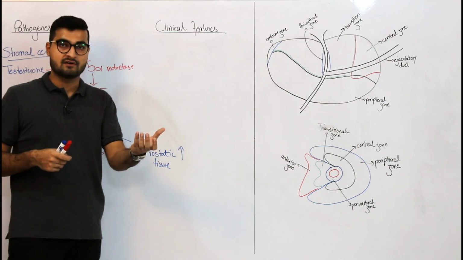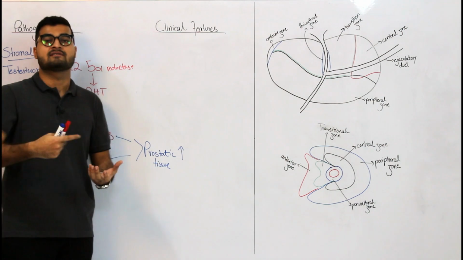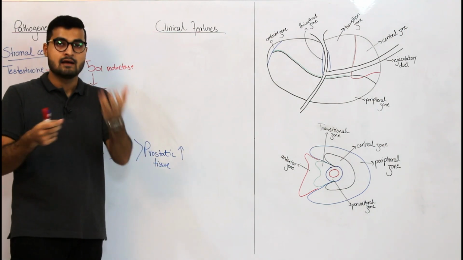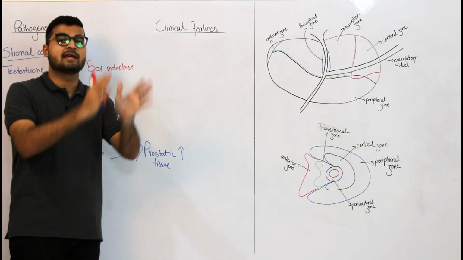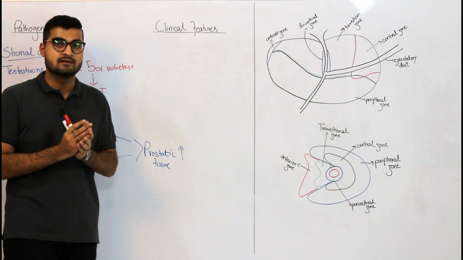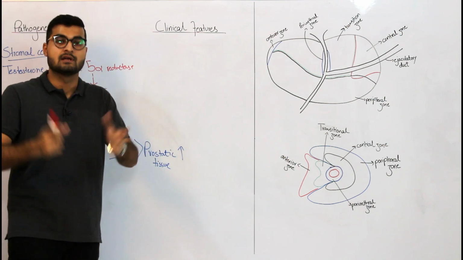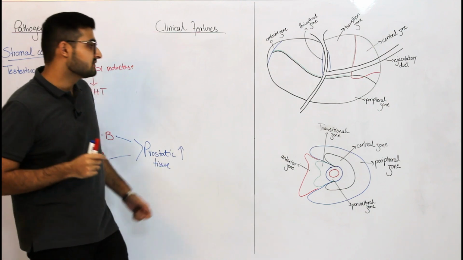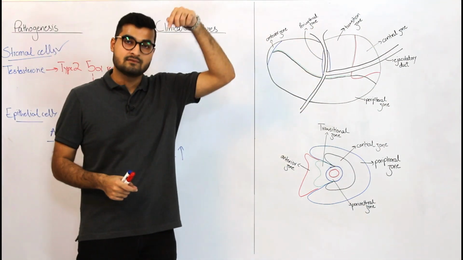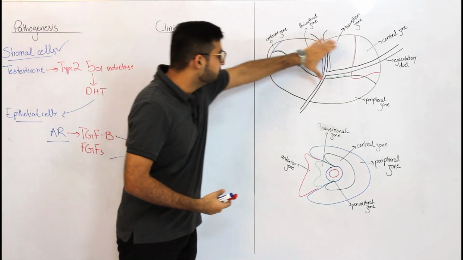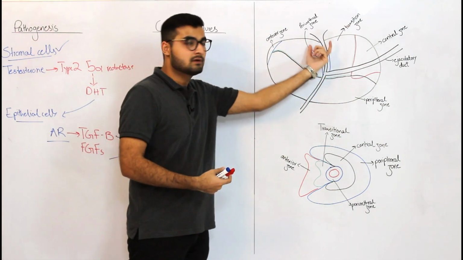Now if this was your prostate and you end up having increased prostatic tissue production inside this prostate, what's going to happen? It's going to enlarge, right? Obviously you had a sustained growth going on, and then all of a sudden the whole balance is ruined. Your prostate is going to enlarge. When that prostate enlarges, the reason why you have symptoms is the urethra is passing through the prostate, right? So when this prostate enlarges, it's going to compress the urethra.